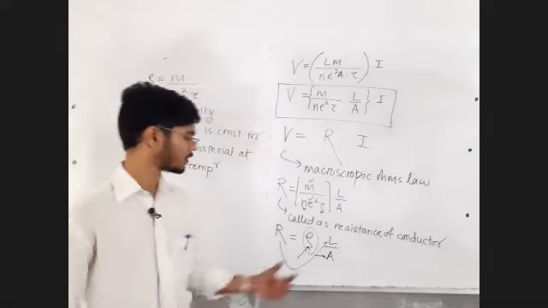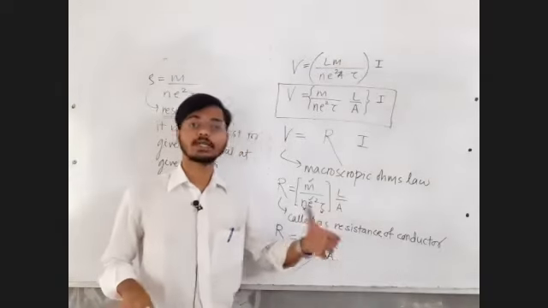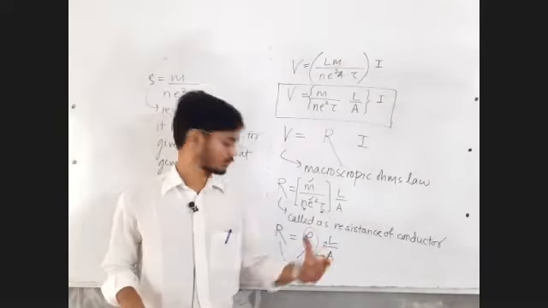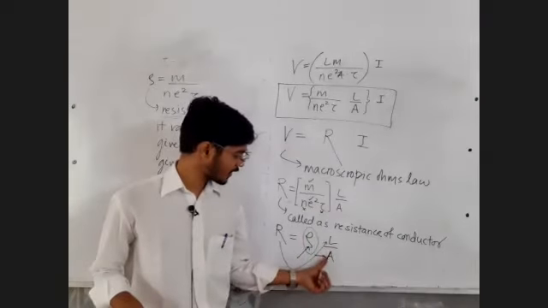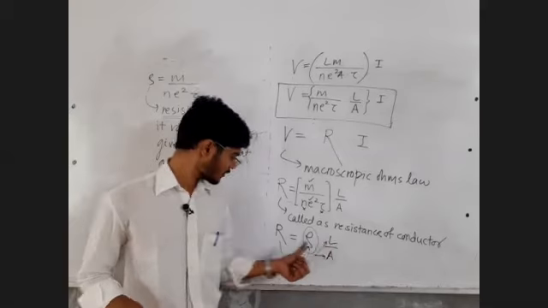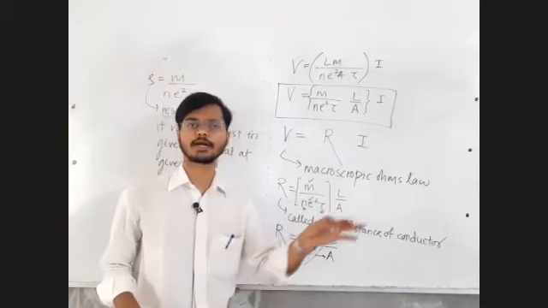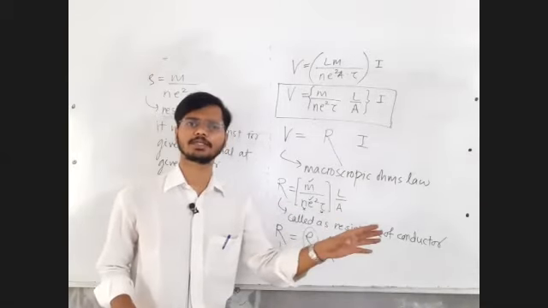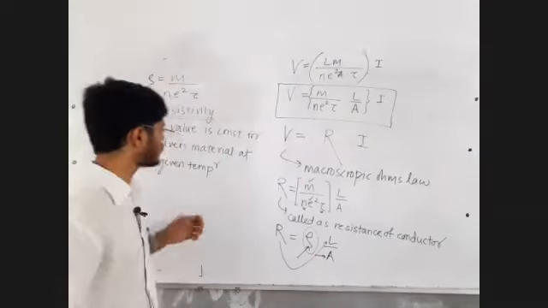Resistance will depend on how long a conductor you are taking and what the area of cross section of the conductor is. So for an iron piece, resistance depends on its length and area of cross section. The resistivity of copper at 50 degrees Celsius is fixed at a given temperature. Resistivity of a material is a fixed quantity.